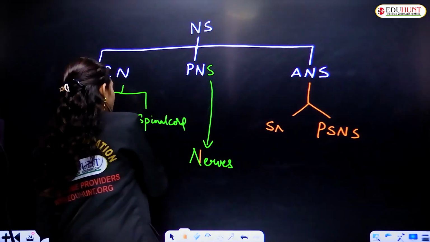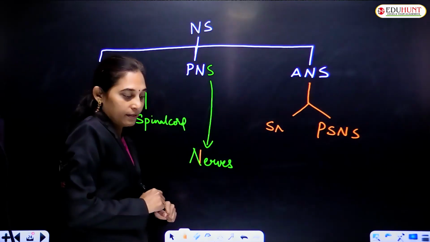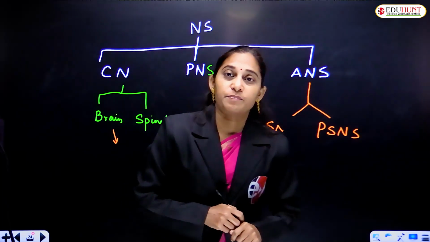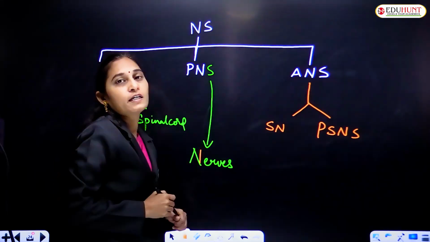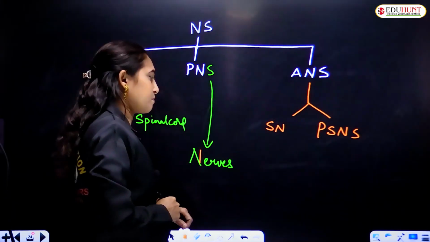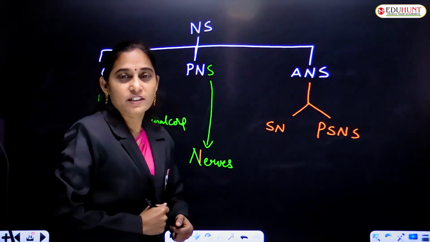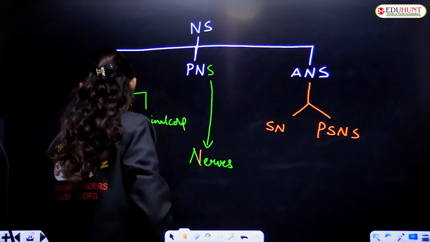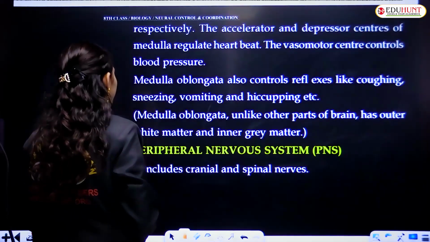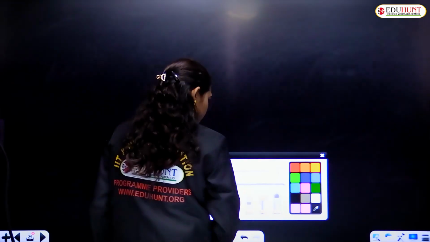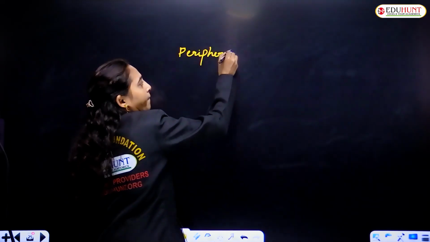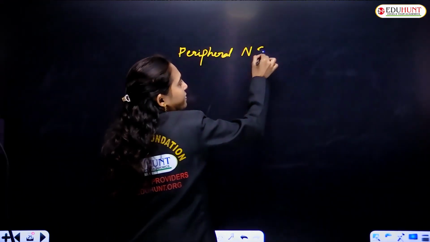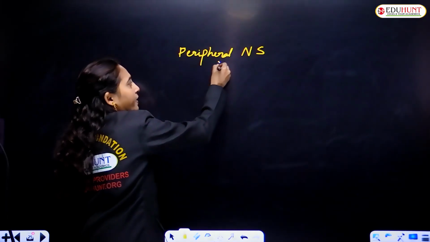We have seen the structure of brain and its functions also described. In this session, we are going to discuss the peripheral nervous system. Let us get into the details of peripheral nervous system. Peripheral nervous system consists of